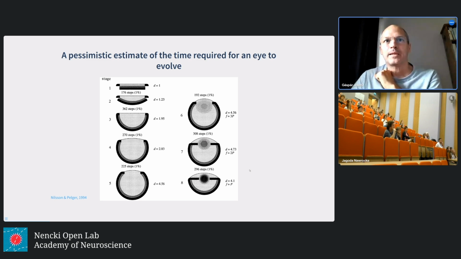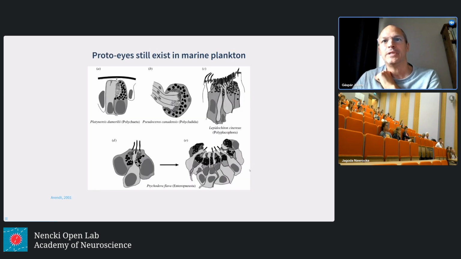So I am interested in addressing this question: what is the function and the usefulness for the animals of the very primitive light sensing structures that we still find in nature? And the good news is that actually Darwin's proto-eyes, or structures that are actually very similar to what Darwin conceptualized, still exist in nature. And they exist in large diversity across many, mostly marine organisms, and mostly the little ciliated